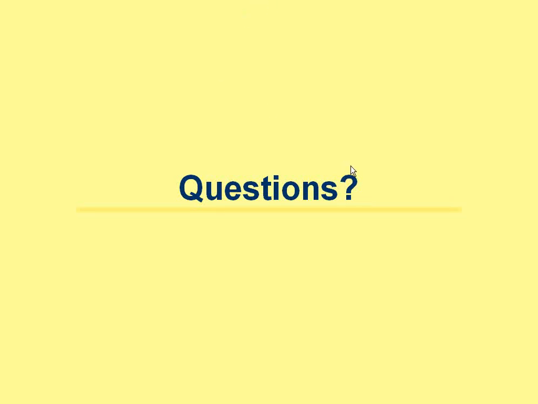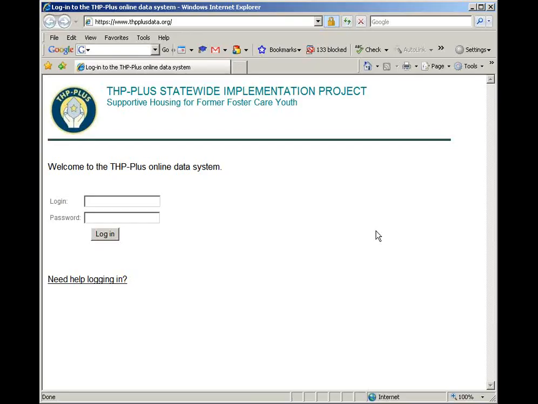So now with that, what I'd like to do is really start taking a look at the site, and you can see what it really looks like. What you should have in front of you right now is the website for THP+data.org. You should see that in your web browser, that is the web address. And as Josh said, it's an HTTPS address to encrypt the data. You'll also see up next to the web browser this lock, which also shows that it is a secure site.